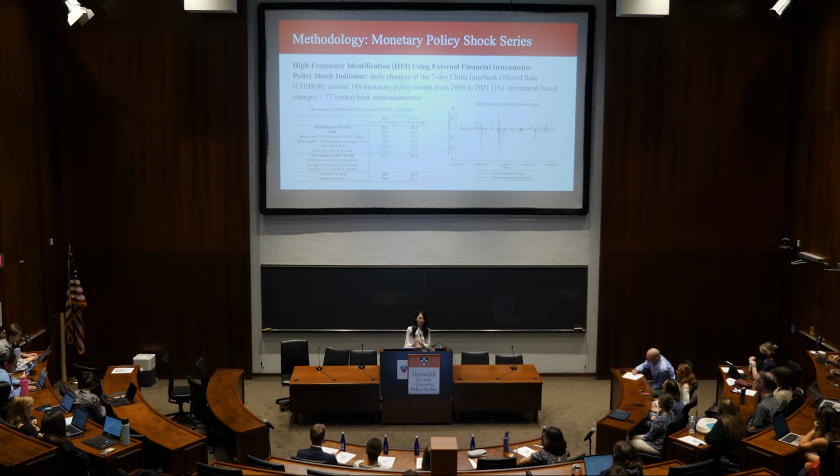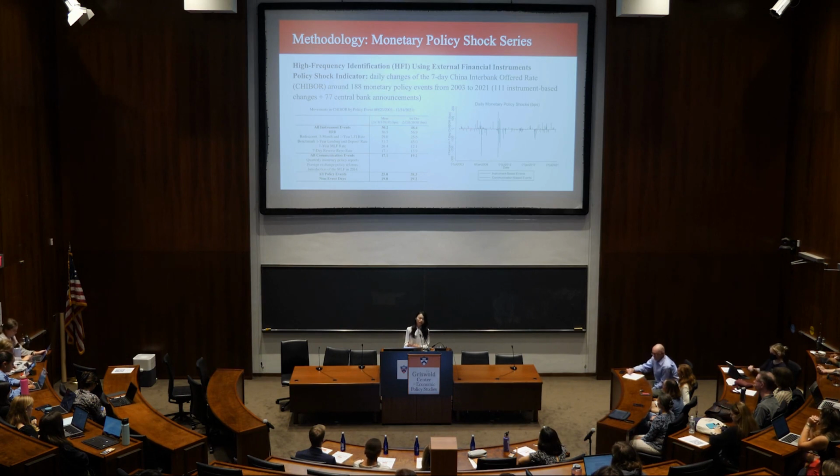So I reviewed a range of literature on developed countries and chose a method called high-frequency identification using external financial instruments. So this basically means looking at the change in a financial instrument that's closely linked to the short rate over a short time window around policy events. So I specifically chose daily changes in the 7-day Chibor rate around 188 monetary policy events. Some of them are changes in the instrument, so in the actual rates, and some of them are just central